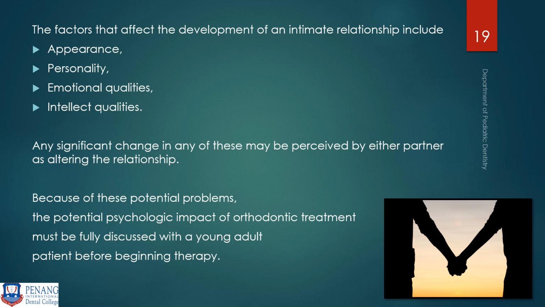So in this particular young adulthood, you must remember that the intimate relationship develops because of appearance, personality, emotional qualities, and intellectual qualities, among many, right? And then if you are going to change the physical appearance of the person, maybe by orthodontic braces or orthognathic surgery, or you're going to put some ceramic crowns on the maxillary anteriors or the mandible anteriors, which is going to change the appearance, you must remember that there will be a potential problem which you need to discuss with the adults about having the appearance changed, so that the intimate relationships